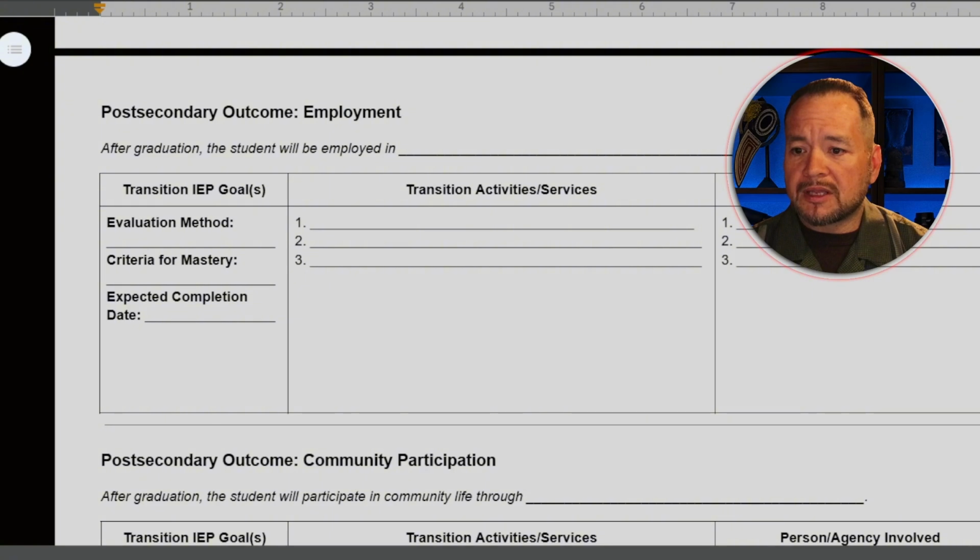The other part is that employment doesn't just start after high school. Employment starts while you're in high school. So there should be work experiences while we're in high school. We're talking about jobs during the semester. We're talking about summer jobs. We're talking about work-based learning. So those are important things to have in place.